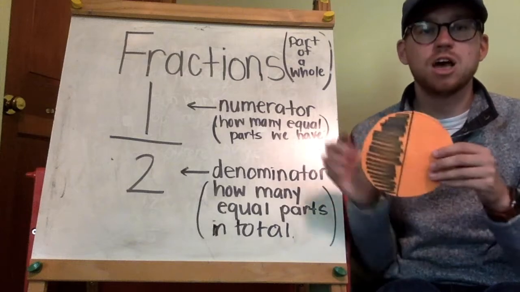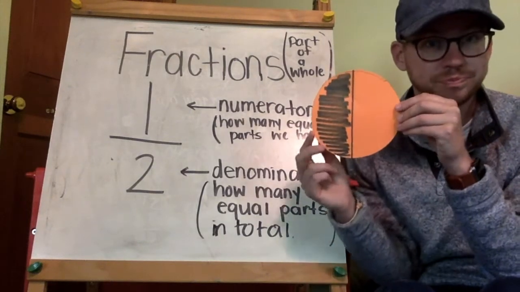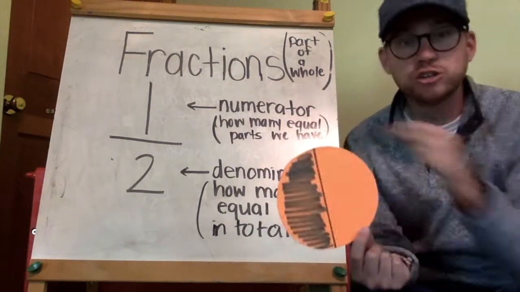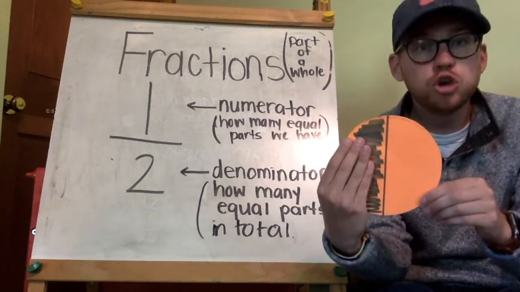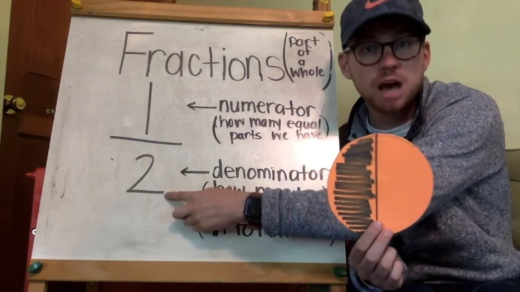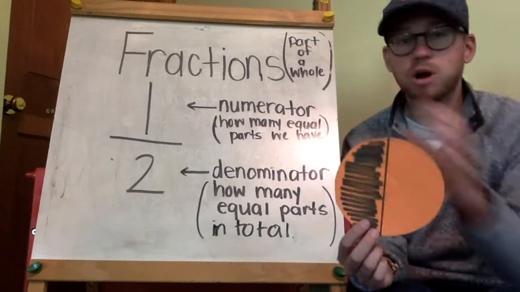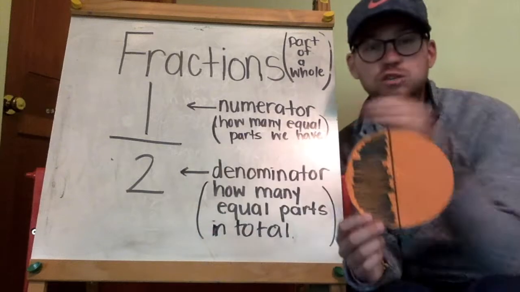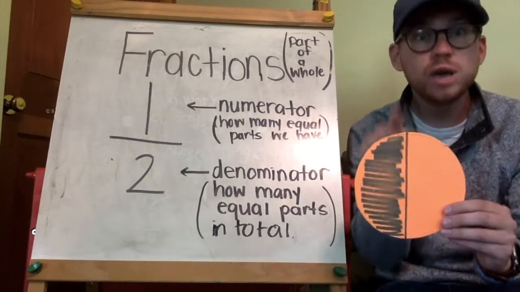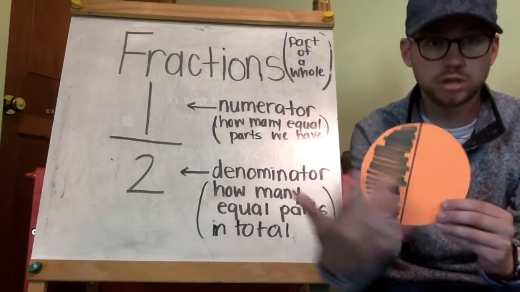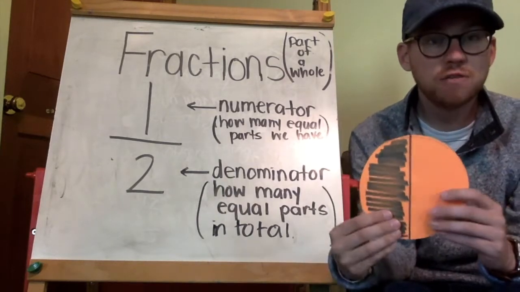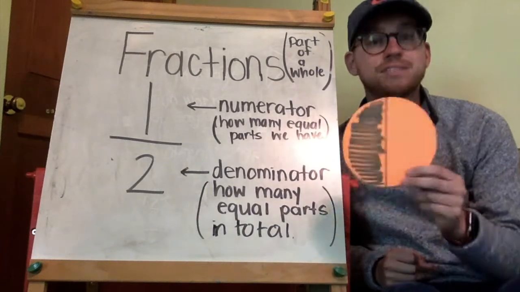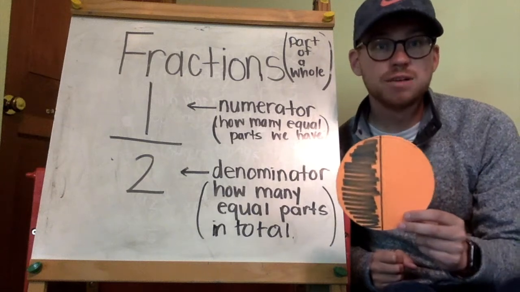So this would be the whole circle, okay? And I have how many equal parts in total? There are 2 equal parts in total. That's how we got that denominator. And then how many parts do I have, or how many parts are shaded in? 1. So this fraction is 1/2 because there are 2 total equal parts, 1, 2, and then 1 of those equal parts are shaded. So if I was thinking about this circle like a pizza, I would say, first off,